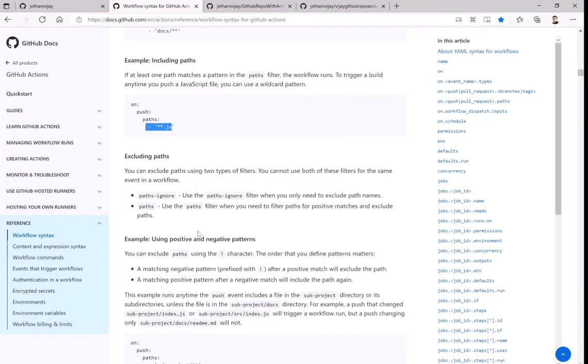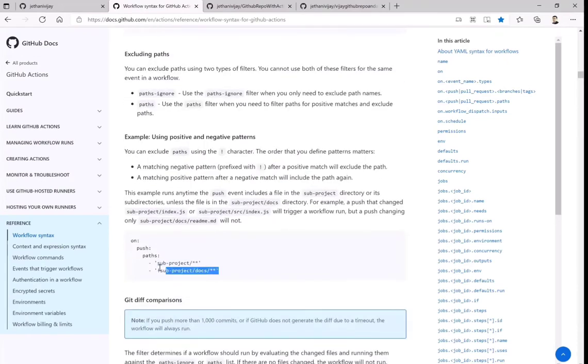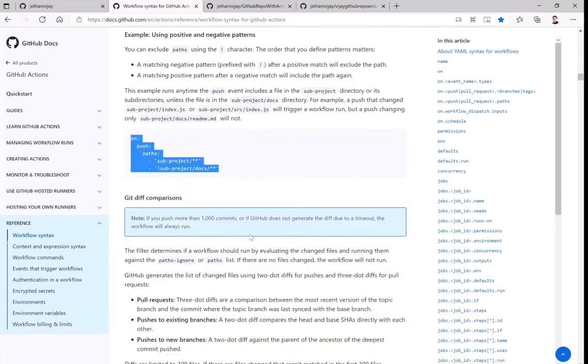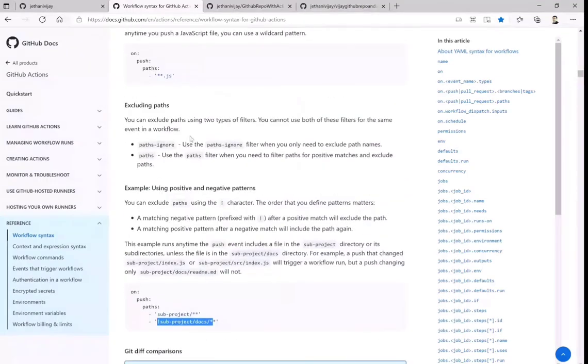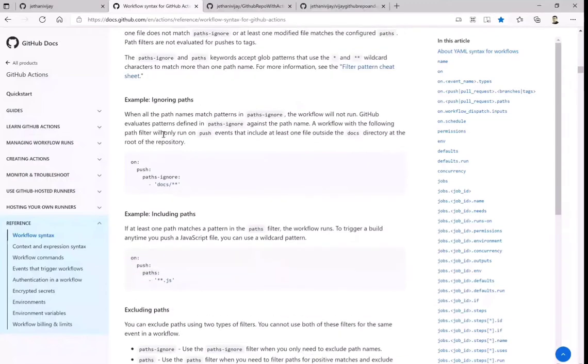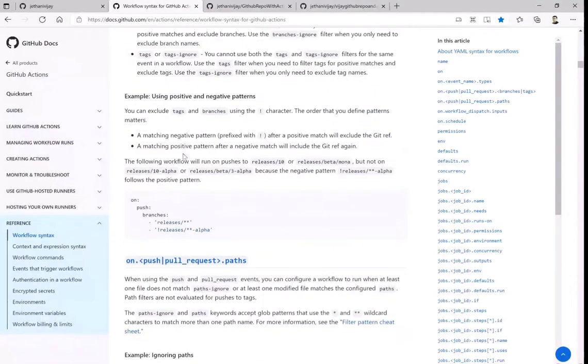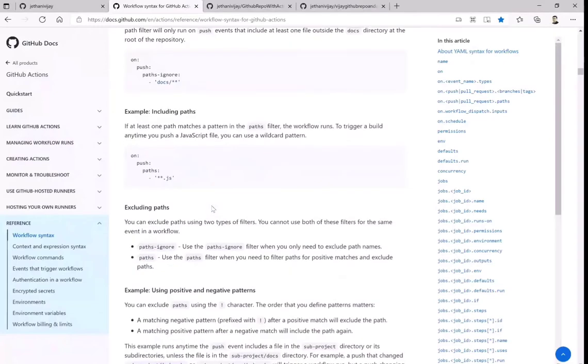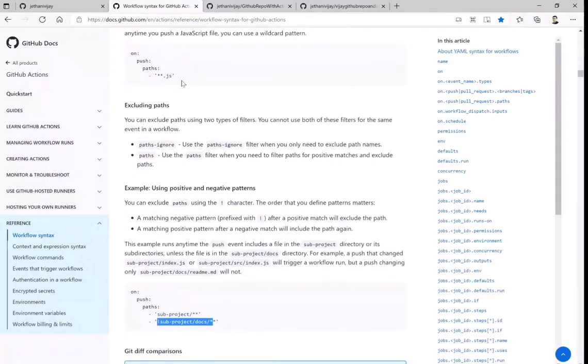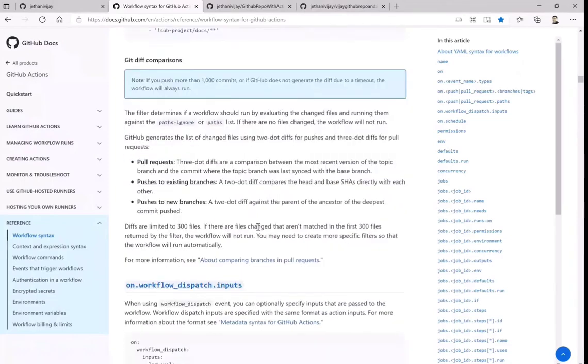This is how you can put paths around your push. So basically in your project, you should ignore the docs. There are different ways to write that: either I say just ignore, and the rest are all allowed, or I specifically mention a specific file. So it is purely in our hands how we want to control that.